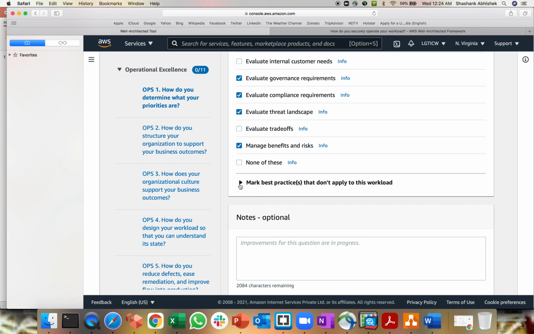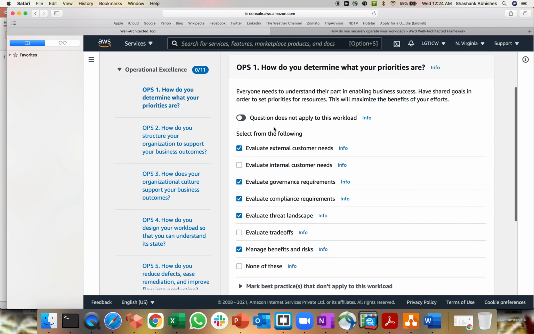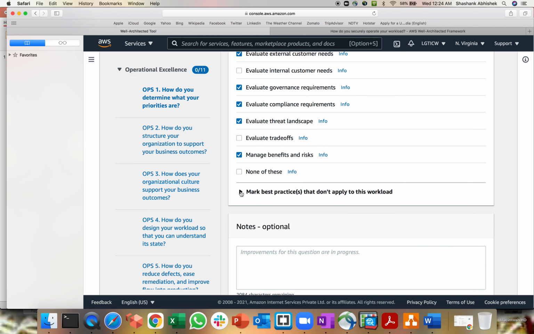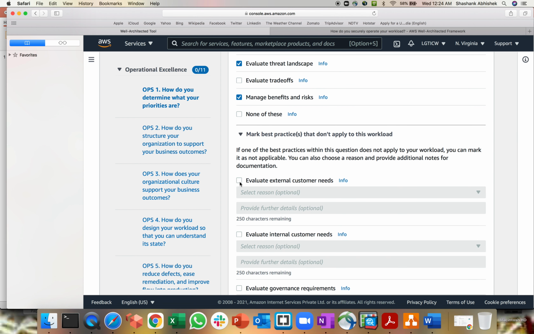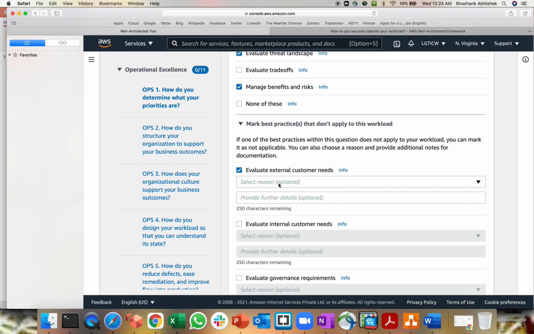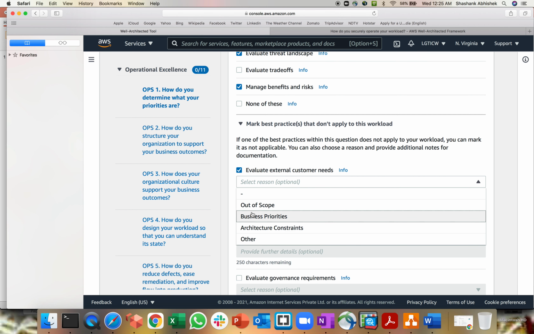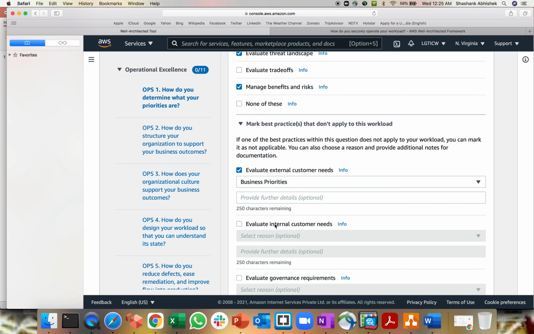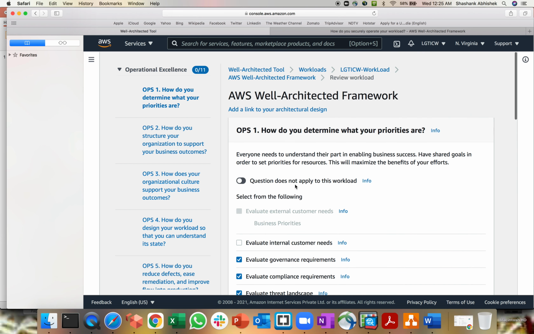Another part over here is, since you have selected all these options, you can define a sub-definition of these, like how you want to evaluate, and what the reason is for selecting this: out of scope, business priorities, architectural constraints, or other. For me, it's a business priority to evaluate the external customers, or the architectural constraint, I would say business priority for me. Internal, so let's see what we have